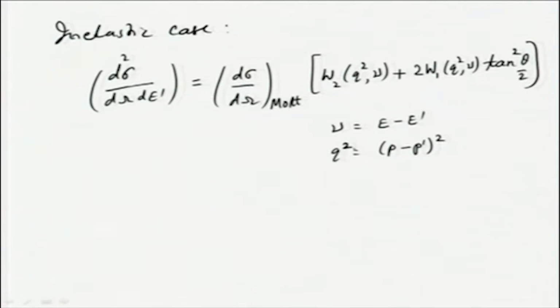Let us see how that goes. The difference compared to the earlier case is that the structure functions are now functions of not only q², but also ν, which is the difference in the energy of the final and initial electron. So, let us look at why ν is not an independent variable, unlike in the case